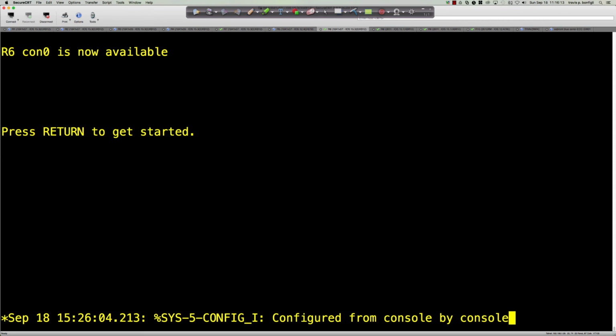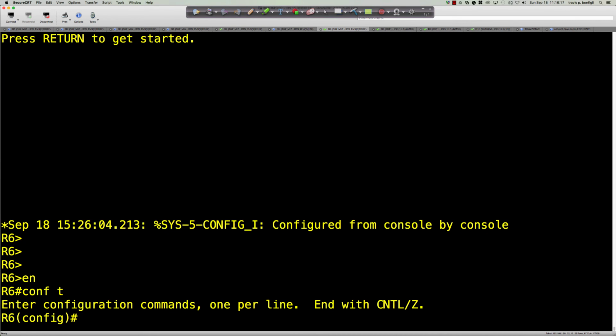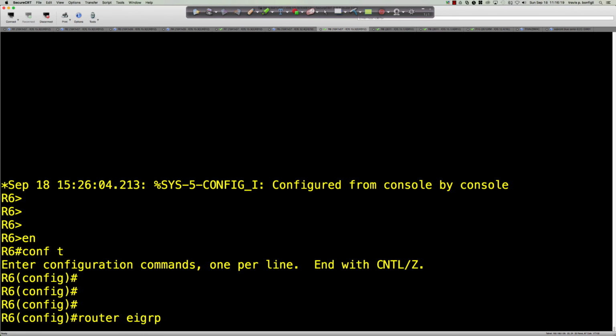On step 2, one of the first things we're going to do is go from user exec to privilege exec, and then into global config, and say router EIGRP 100. Now we're using classic mode here because we're going to be talking about load balancing. We're going to be looking at the feasible distance, the computed distance, the reported distance, and things like that. And in 64-bit mode, it's just not